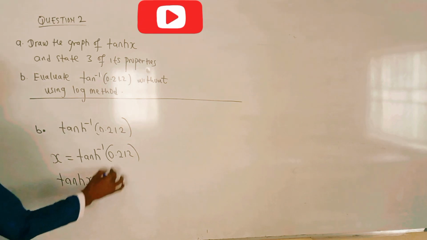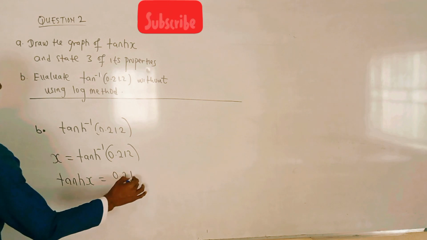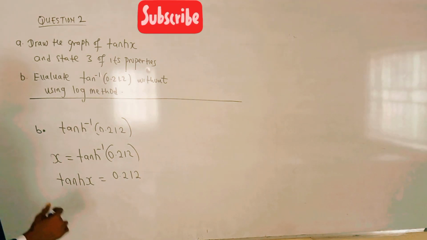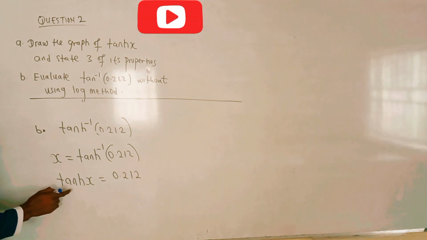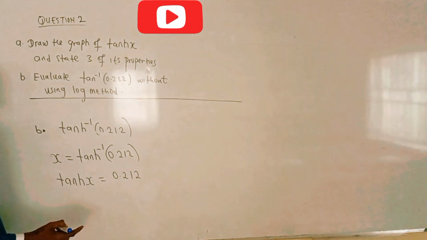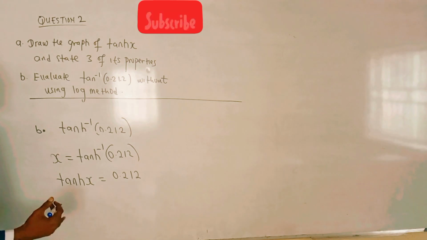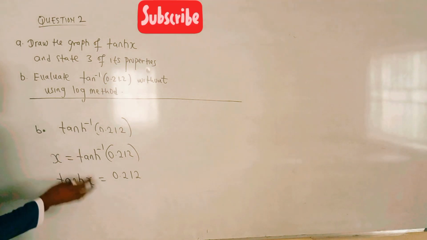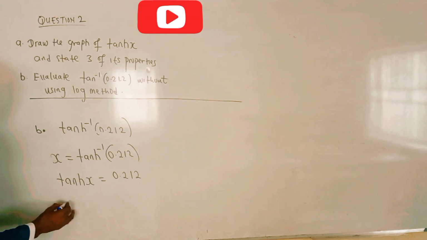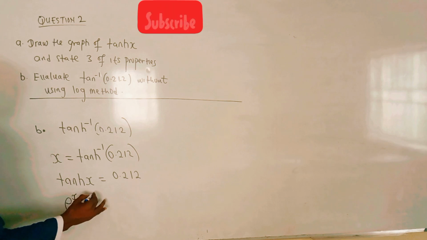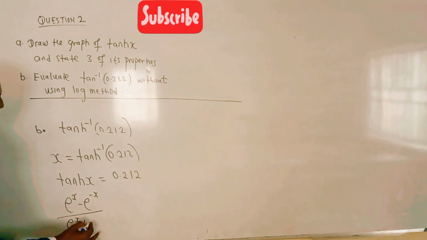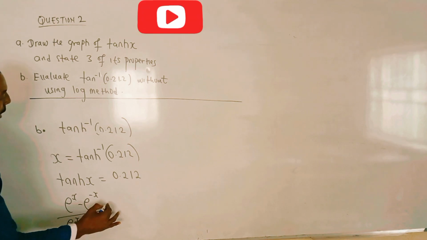X equal to the number here, 0.212. Okay, so what is going to happen now is we're going to write or recall the formula for tanh of x. We check the diagram we just drew in number 1 example. You find out that the formula for tanh of x is exponential x minus exponential minus x all over exponential x plus exponential minus x equal to